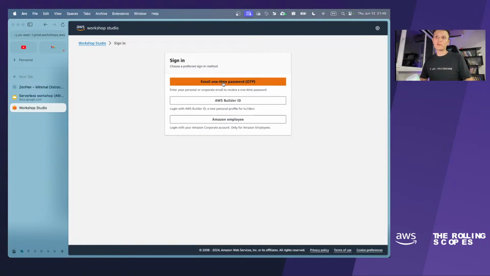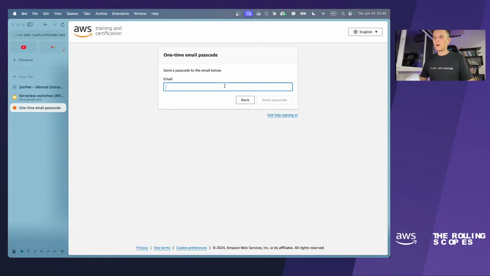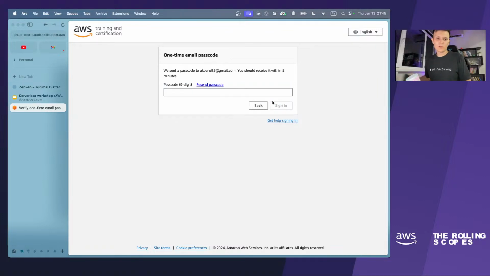Maybe you will be charged 1 or 2 cents if you use Amazon Rekognition, but if you don't want to be charged, just skip the last part of the workshop, and that's it. So I have typed my email and am waiting for the OTP to be delivered.